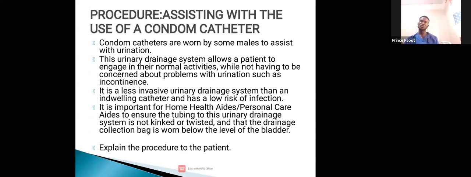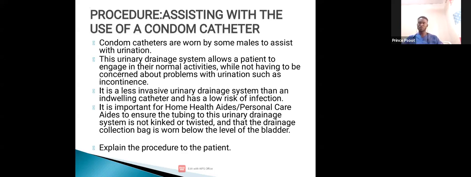Now, assisting with use of a condom catheter. Condom catheters are worn by some males to assist with urination. This urinary drainage system allows the patient to engage in their normal activities while not having to be concerned about problems with urination such as incontinence. It is a much less invasive urinary drainage system than an indwelling catheter and has a low